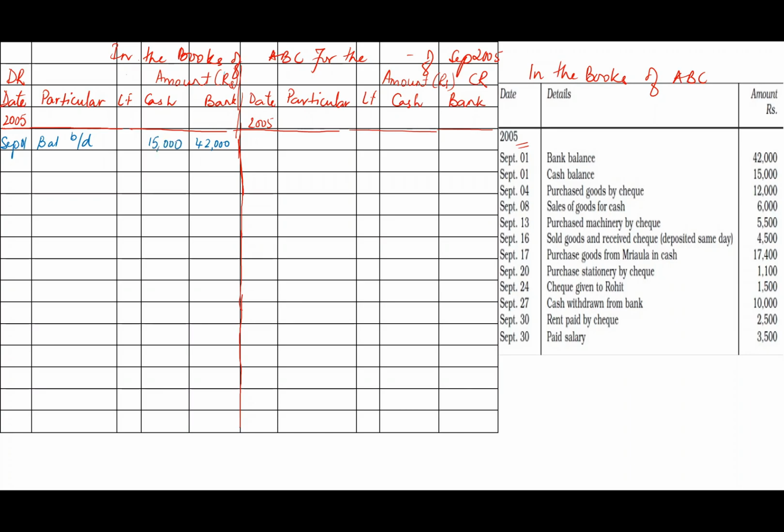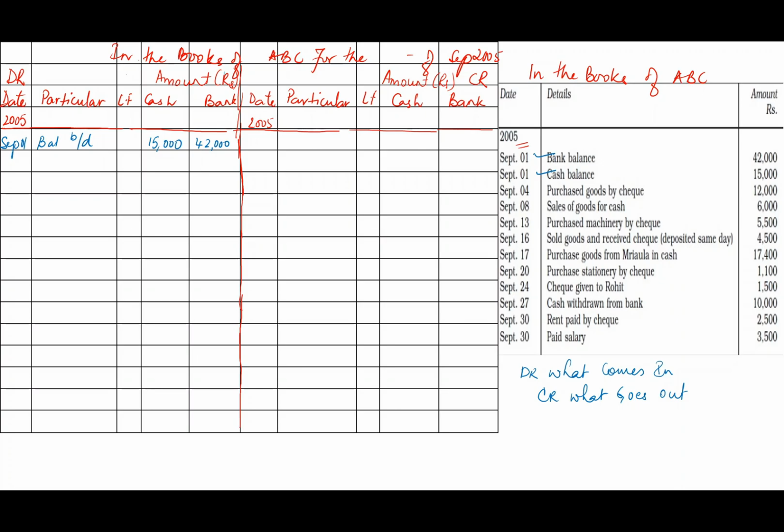On the right hand side you can see the transaction list. This I have done, this I have done. Next is purchase goods by check. Remember guys, the rule I have told you, debit what comes in. So when money would come in, you would debit it, and credit what goes out. So when money goes out, that means when you're going to spend it, you're going to credit the cash book.